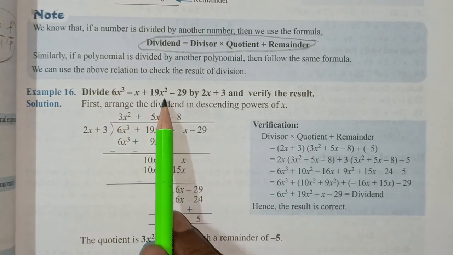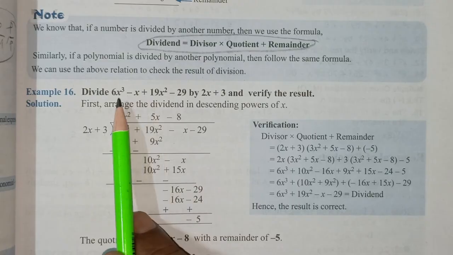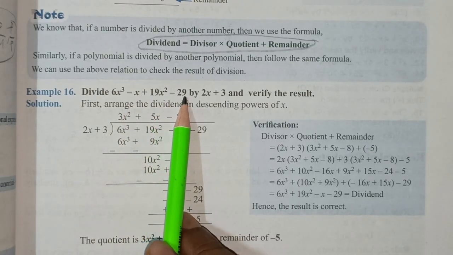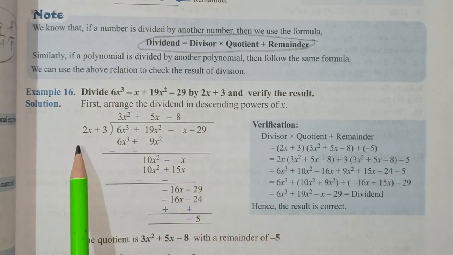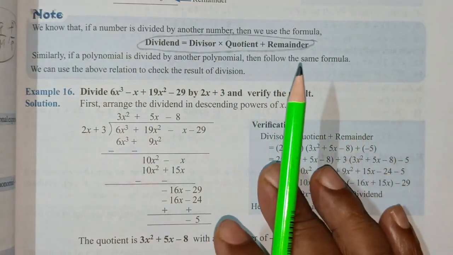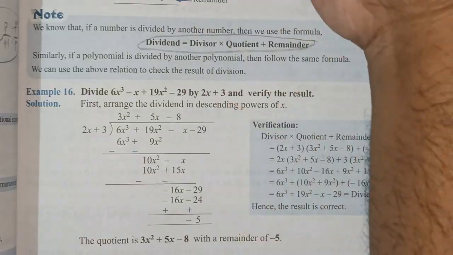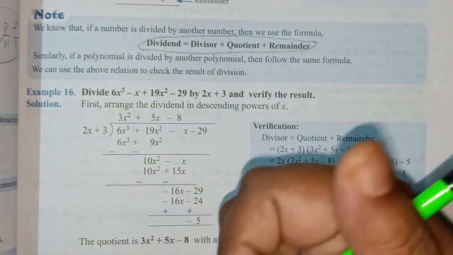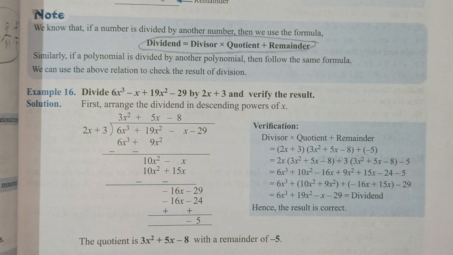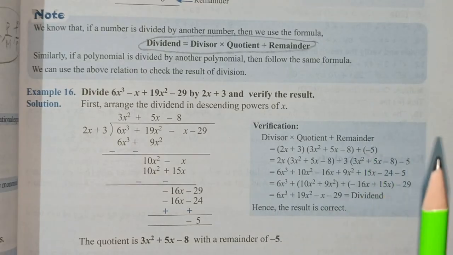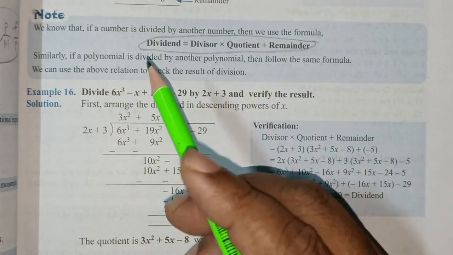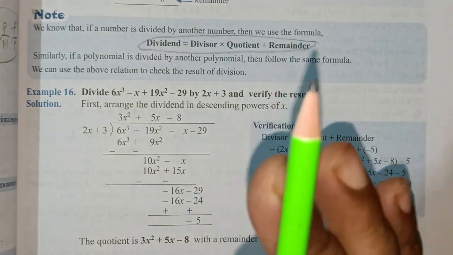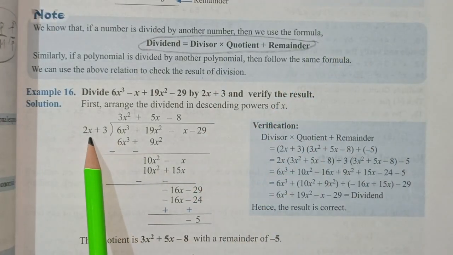So divide, how many terms are there? Oh my, there are 1, 2, 3, 4 terms divided by a binomial. Good. Well, it doesn't matter how many terms there are. Maybe there are 24 terms. So this means the long division will be much longer, 10 pages will be required. That's it. The procedure remains the same. It may be lengthy, don't get upset. Lengthy is a different matter, but this is not hard if you know the rules. The rules remain the same. See, you again do the same stuff.